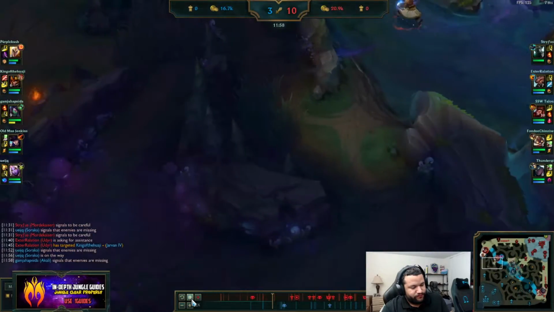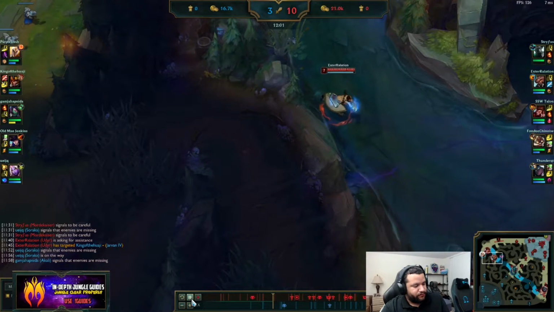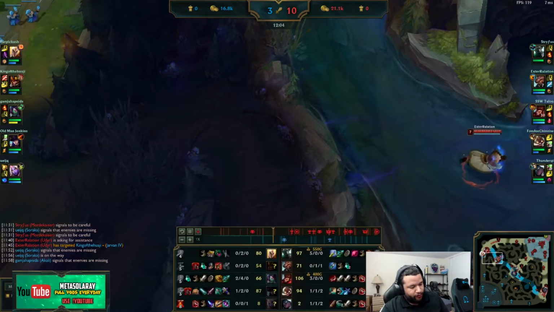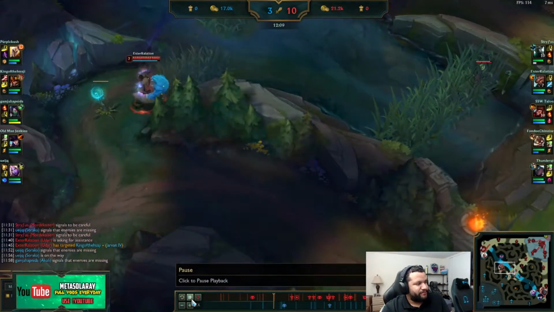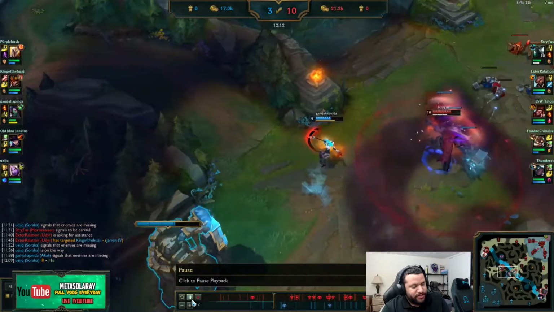I just wanted to see where the jungler's at. I kind of missed it. Do you have a control ward to make that work for you? No, you don't. So why are you doing it? You know what I mean? You don't have any deep control wards, and all you did...